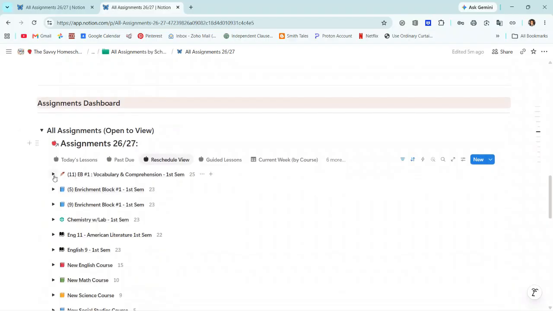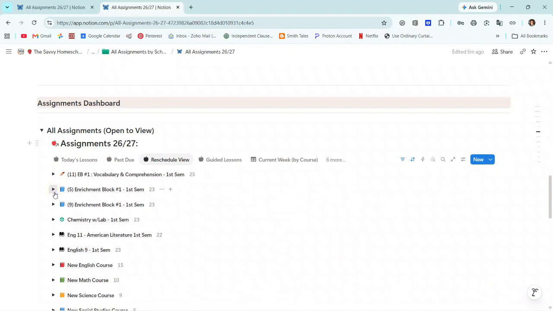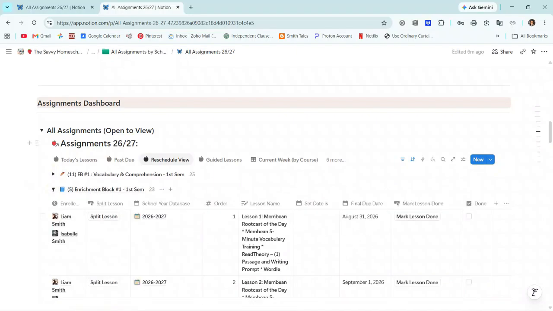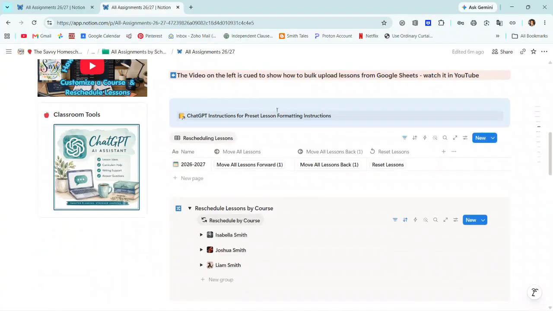Okay, first of all, let's look at some course dates that we have so you can see exactly what's going on. So this is August 31st. It's a lesson that's not done, and we want to move it forward. Say we happen to be in August 31st, and we missed this day. I want to make sure that I'm still going to take care of this lesson, and also for every kid. So they're all August 31st. These are all the courses for all of my students, all in this particular dashboard right here. So all I would have to do is hit move all lessons forward once,